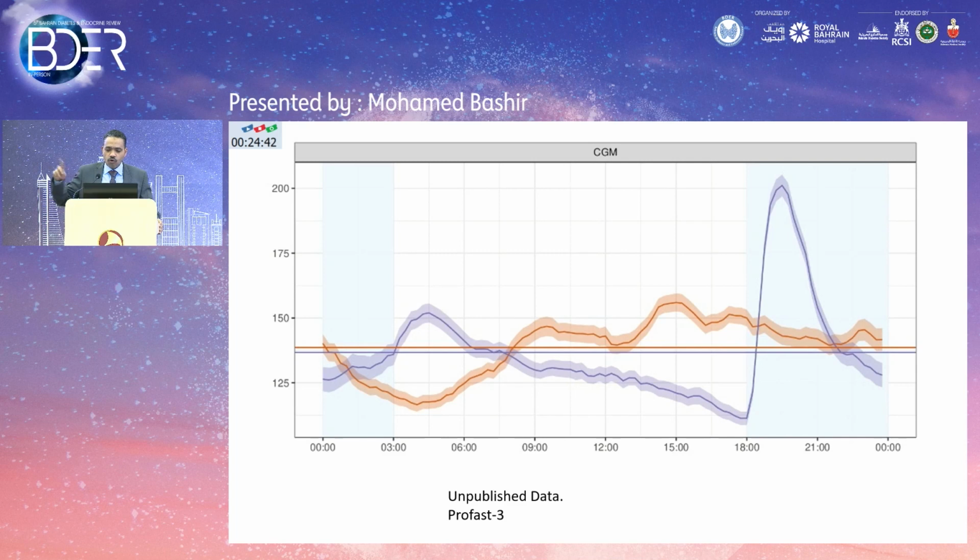And the orange line, which I believe is orange, is the glucose profile outside Ramadan, and this purple is the glucose profile during Ramadan. And you can see that their glucose seems to dip just before iftar, shoots up after iftar, and it takes a good 5-6 hours before it starts to come down again back to its baseline. So the glucose excursion varies a lot.